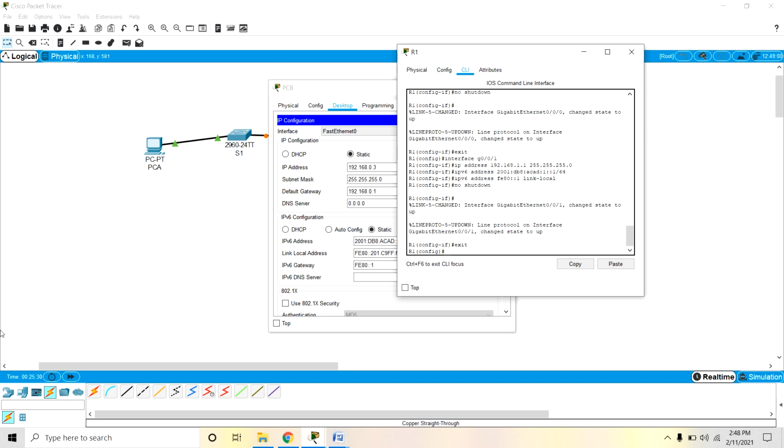Now configure an interface description for each interface indicating which device is connected to it.